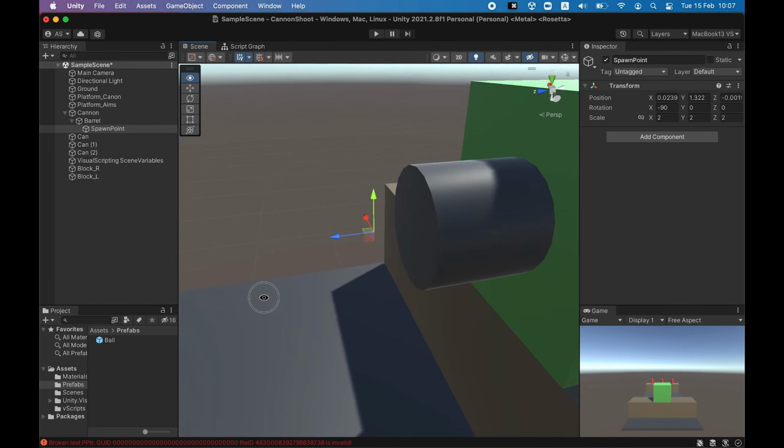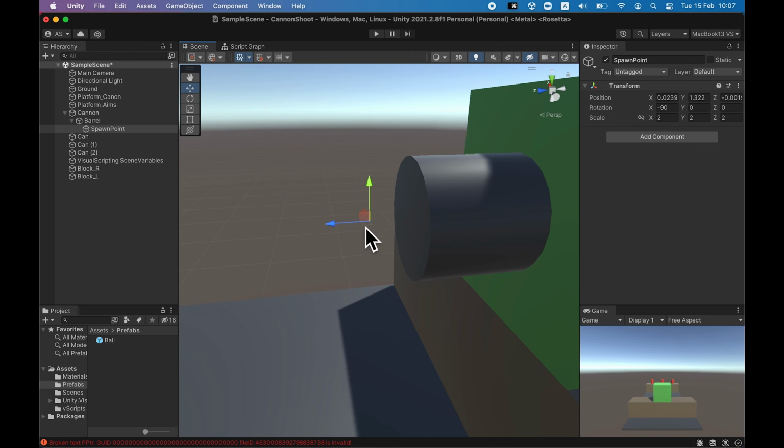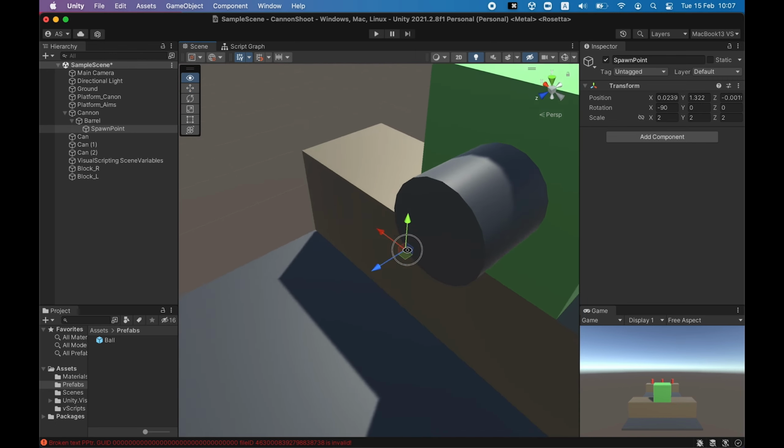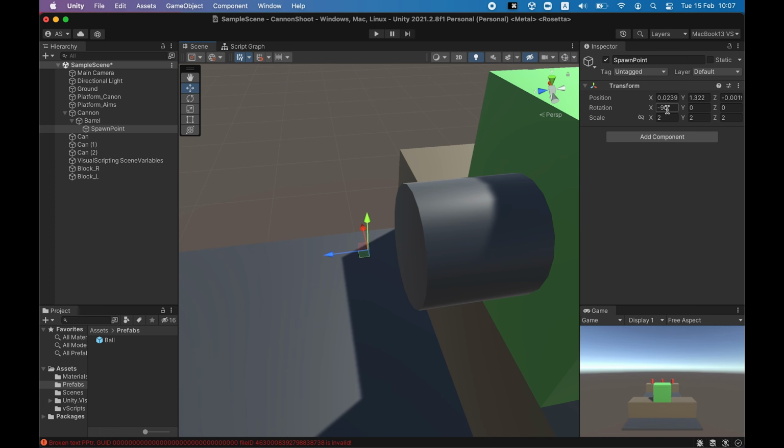So this is the empty spawn point, so it's not visible to anyone. It's just an empty object that we're going to use as a reference for our spawning. So we have a ball prefab here, and we have the spawn point, and on this spawn point we're going to